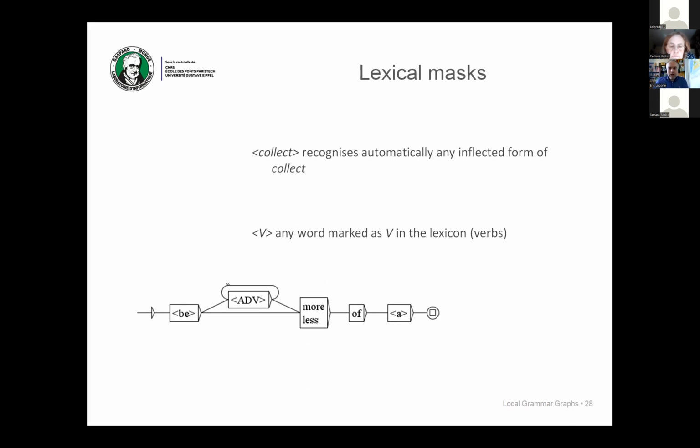So this was our first form of lexical mask. The second form will be with part of speech. Here you can see in this graph, instead of listing probably, still, and other adverbs, I will use the dictionary that tells me which words are adverbs. So I use the ADV